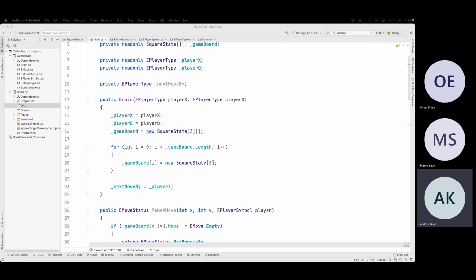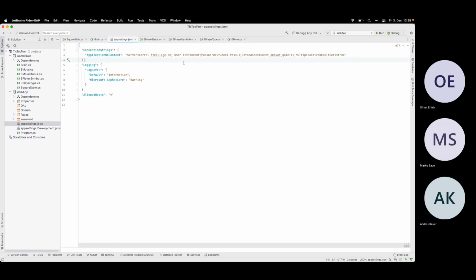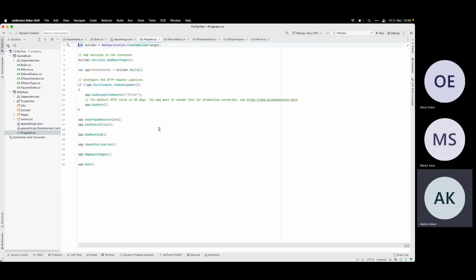So my connection strings. So this is my tic-tac-toe. Then I need to set up the database in the dependency injection stuff.